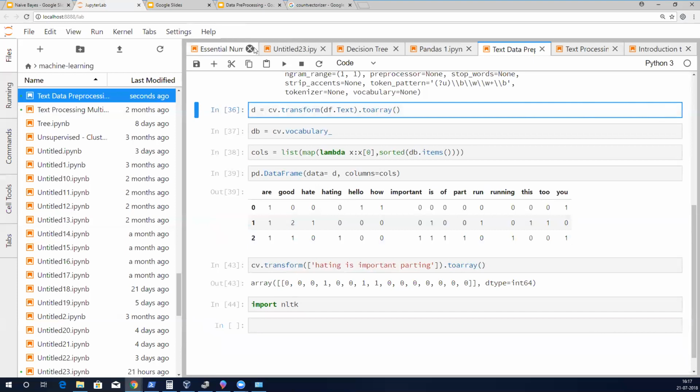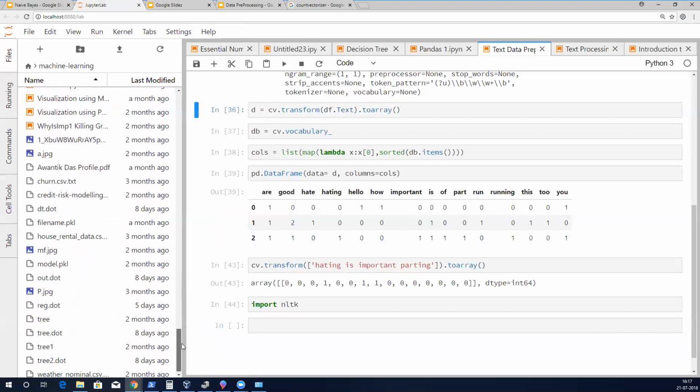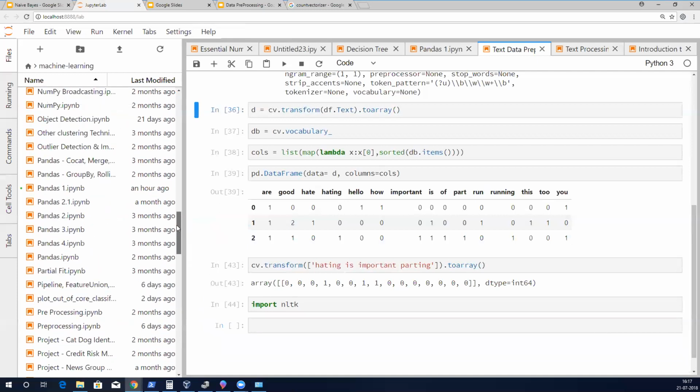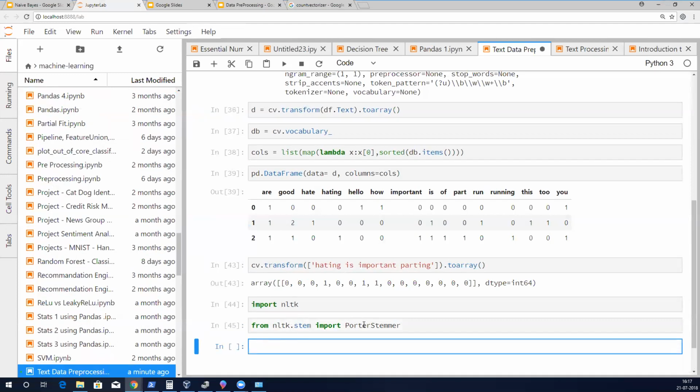Where is that file? From nltk.stem import PorterStemmer. This will actually find the root of a word.